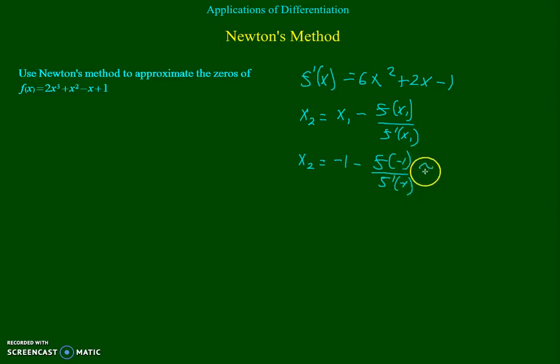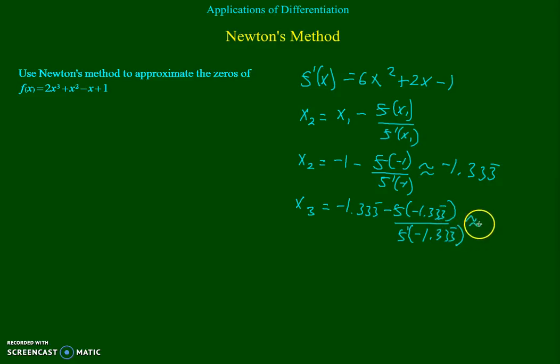And I get negative 1.333 repeating. Let's do another one. Taking negative 1.333 minus f of negative 1.333 over f prime of negative 1.333, which gives us approximately